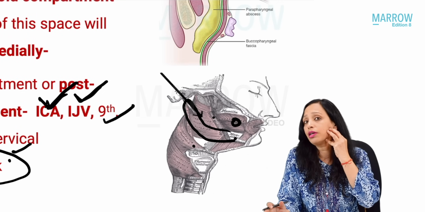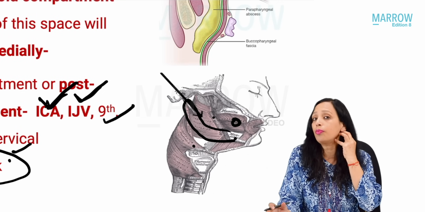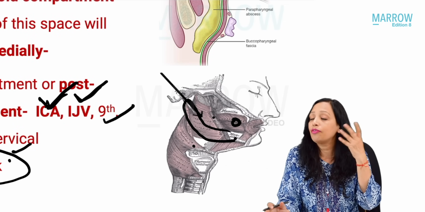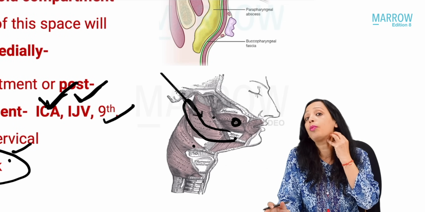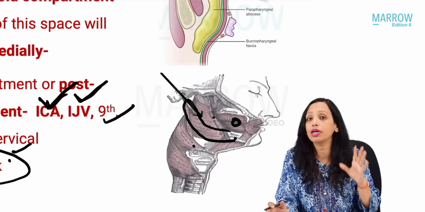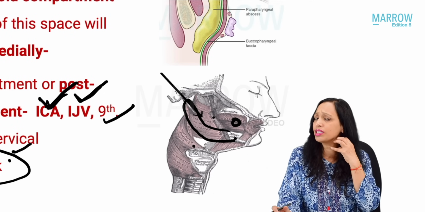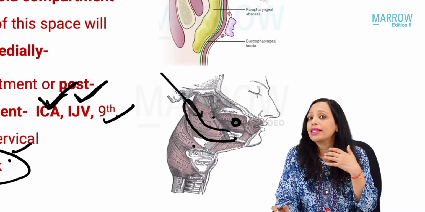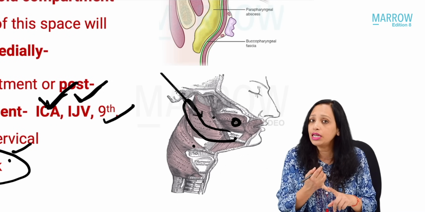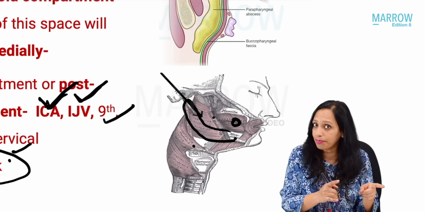We have the parotid here. So, be it anterior compartment or posterior compartment, in both the parotid bulge will also be seen. There will also be a bulge at the upper border of sternocleidomastoid or at the angle of jaw in both anterior and posterior compartment. So, if I am seeing this bulge, how do I differentiate whether this is an anterior compartment or a posterior compartment? If there is any nerve involvement, that is posterior compartment.